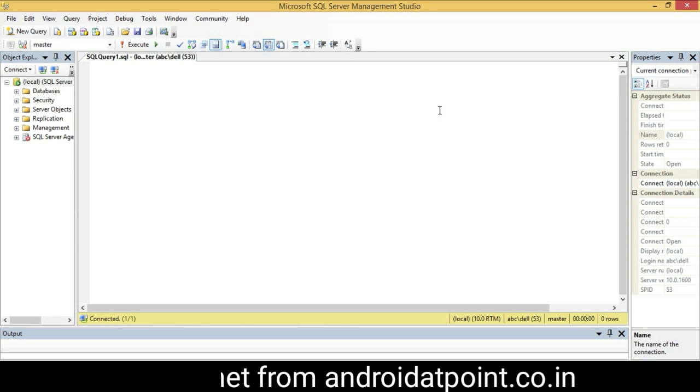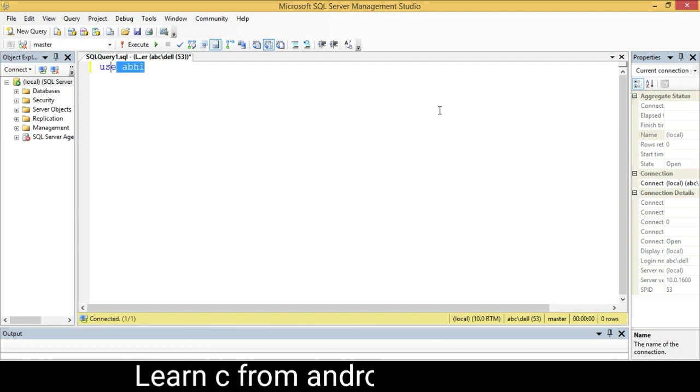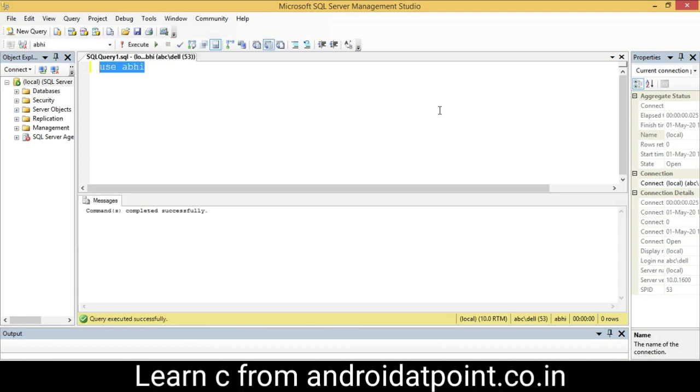Let's see it with a practical example here. I am going to use the database Abhi. Use Abhi and press F5 to execute the query. Next I will create a flight table.